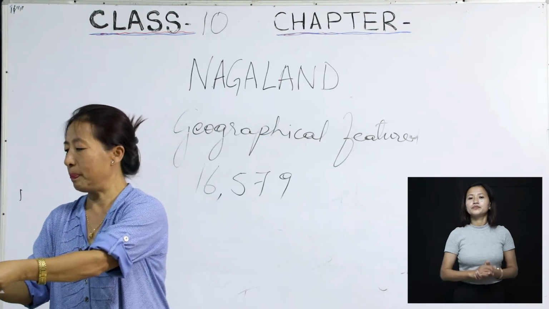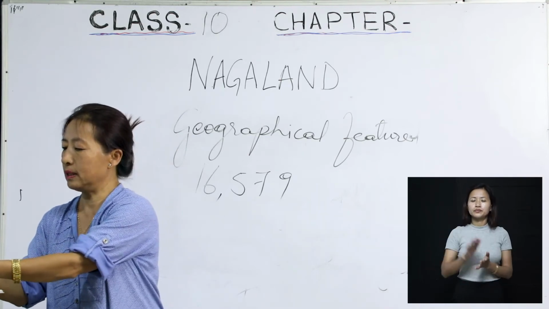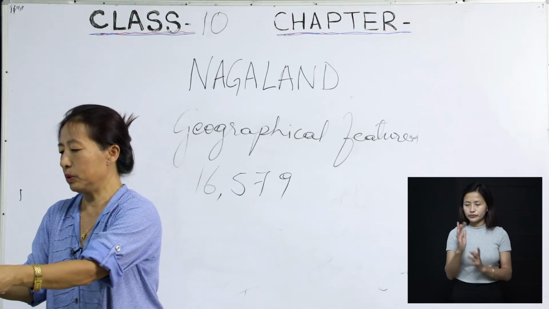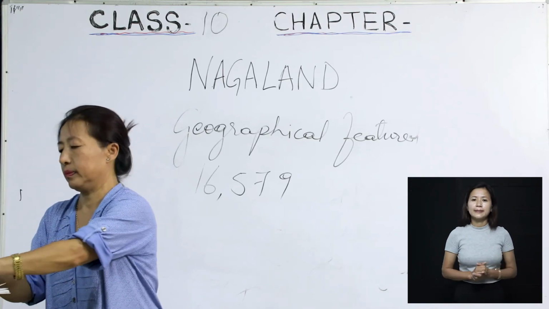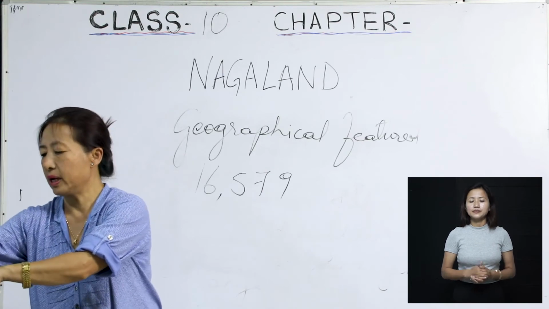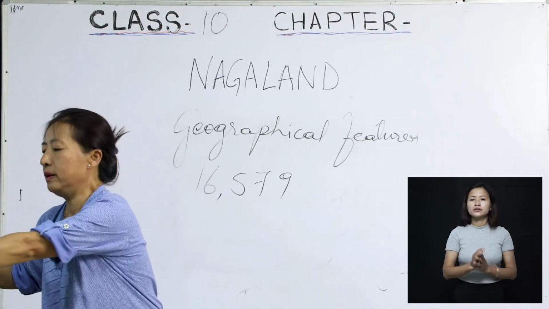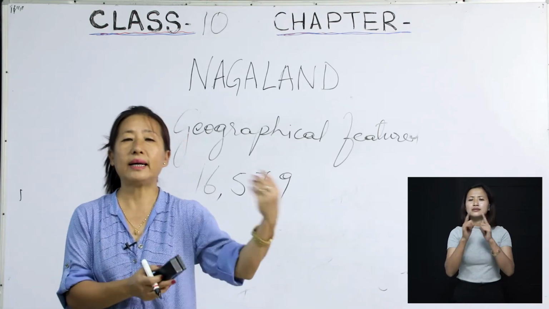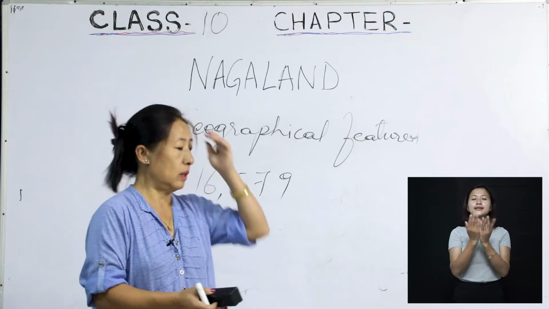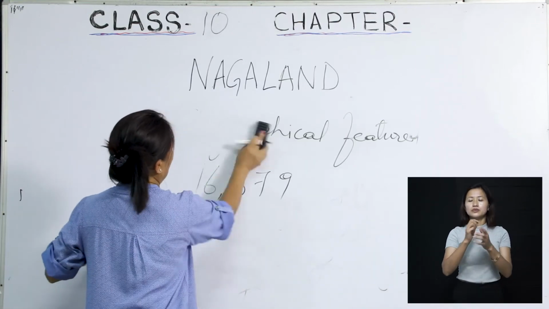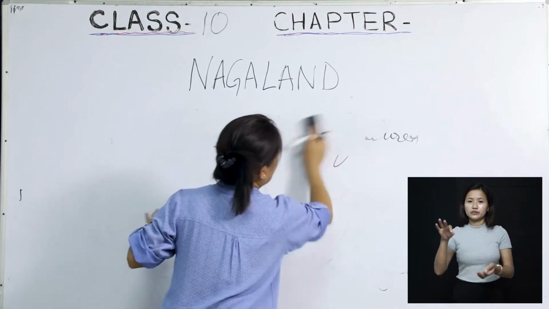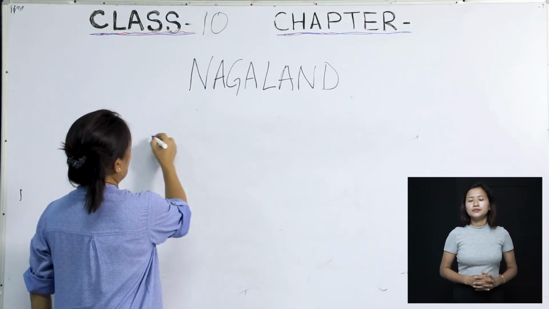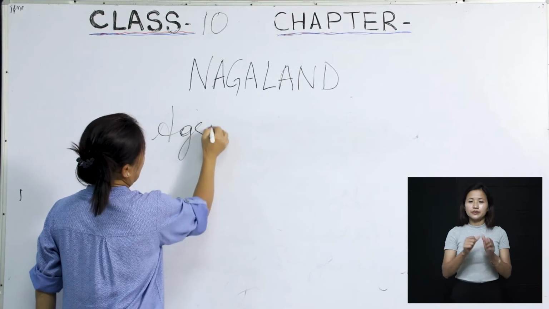Now, the next topic, let's do on agriculture, okay? We will do on agriculture. Now, this agriculture, again, it will be very easy for you because you have already discussed it in the other textbook, that is in the geography part, okay? So I'm sure you will find it easy. So coming to agriculture,